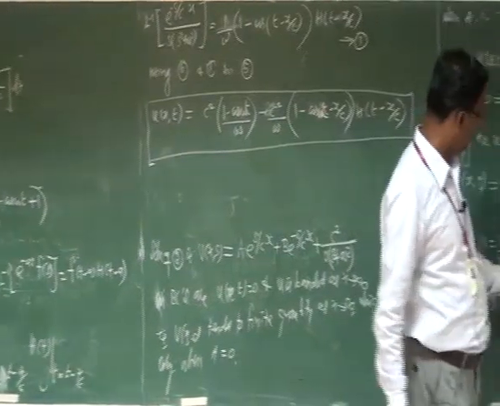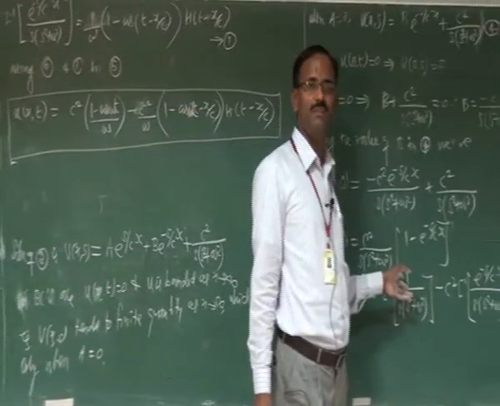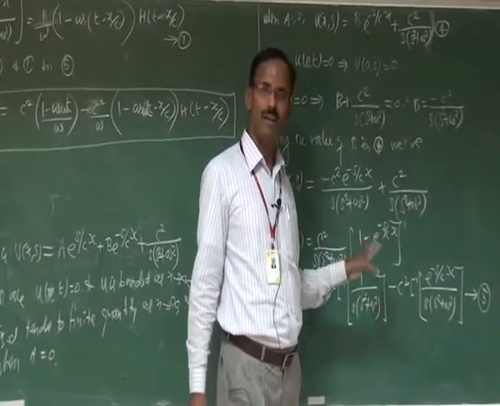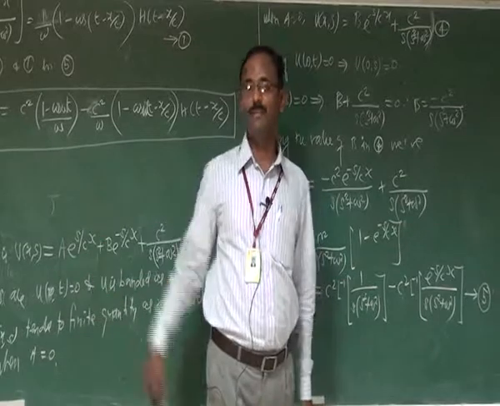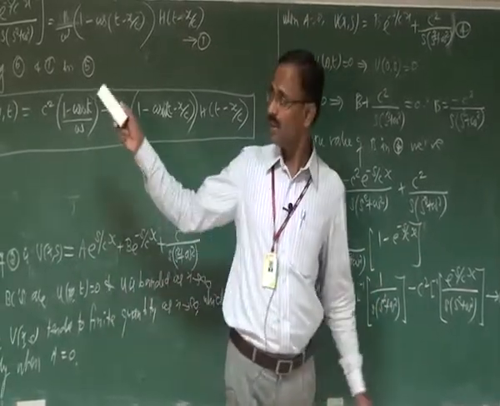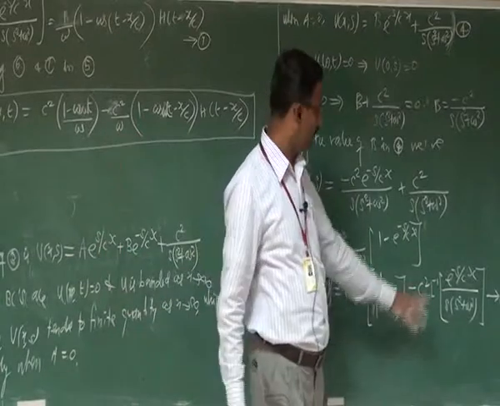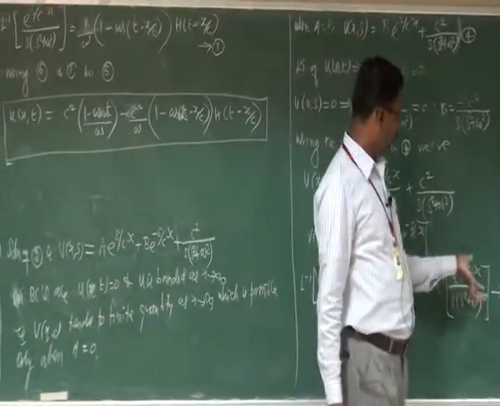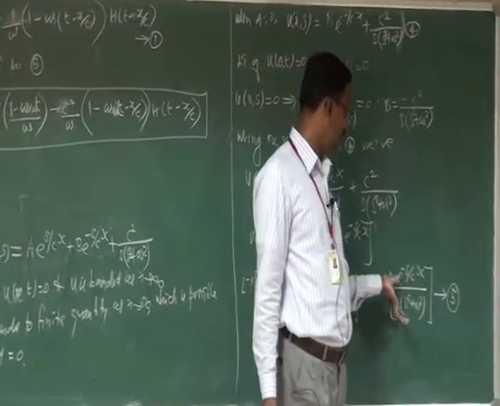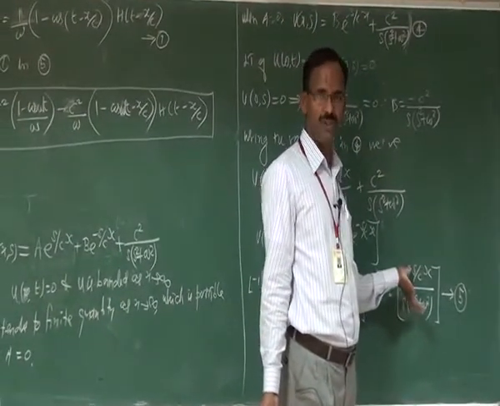Suppose we choose the method of partial fractions or the f dash of s method, it will take some more steps to attain the result. The final result is the same, but the number of steps is minimized if we use the property f of s by s. Here e power minus s by c into x divided by s into s square plus omega square is somewhat a complicated function.